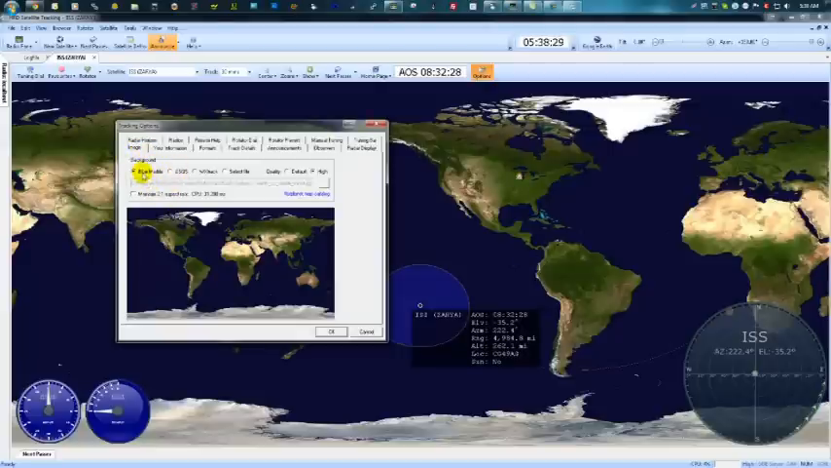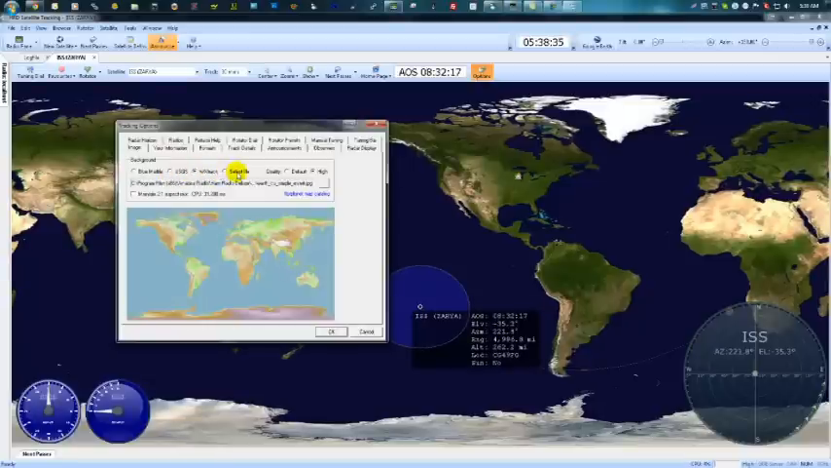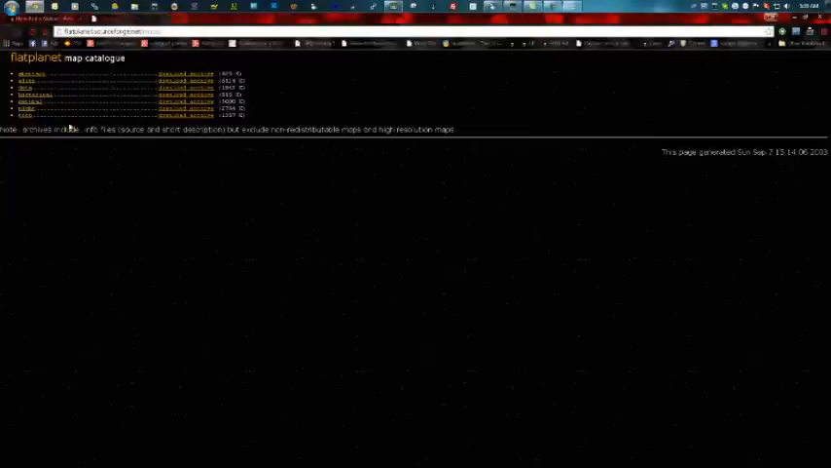The blue marble is my favorite. You got some other stuff here, like the weather tracks, or you can actually select the custom map. If you come down here to the map catalog, it'll launch a website where you can actually get different maps